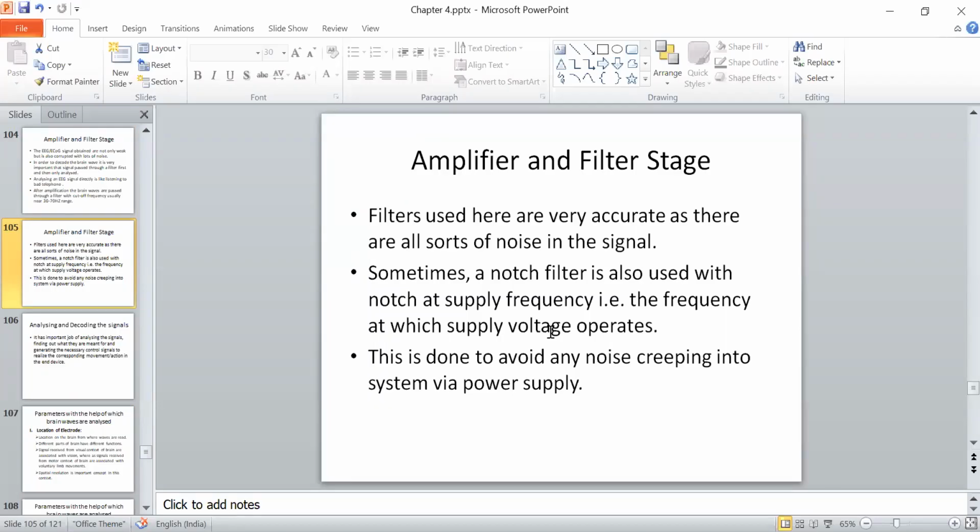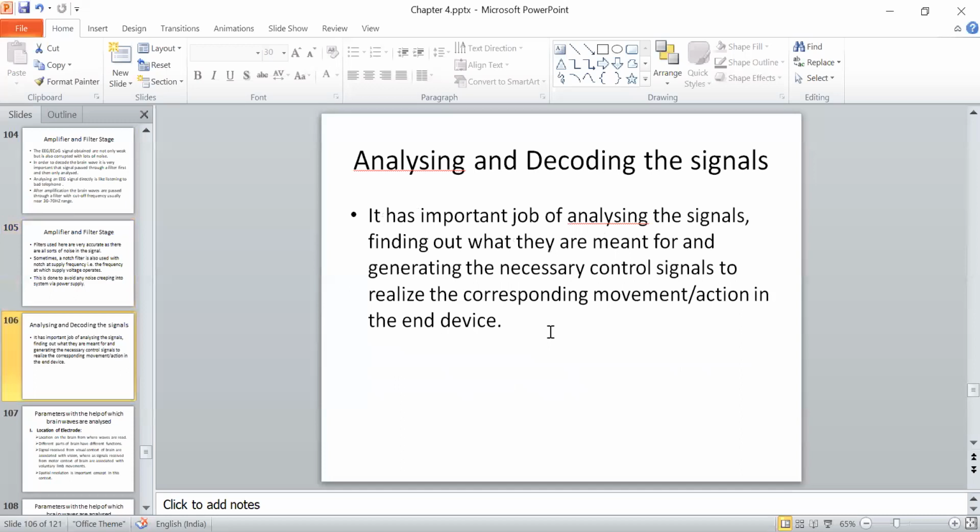तो ऐसा नहीं हो कि अगर आप इसकी पावर सप्लाई से ज़्यादा की फ्रिक्वेंसी पे आप करोगे तो हो सकता है, क्योंकि हर डिवाइस आपका पावर सप्लाई से कनेक्टेड होता है, पावर के थ्रू वो रन कर रहा है। तो ऐसा नहीं होना चाहिए कि ना केवल ब्रेन से जो सिग्नल आ रहा है उसमें ऑलरेडी नॉइज है और एक्सटर्नल नॉइज भी उसमें ऐड हो जाए। तो हम नहीं चाहते कि एक्सटर्नल नॉइज से वो ज़्यादा अफेक्ट हो, तो इसलिए हम इसे पावर सप्लाई वोल्टेज पे फिल्टर कर रहे होते हैं। ठीक है, now the last stage is the analyzing and decoding of the signal. So once you read the signal, then you amplify the signal. Now you have the actual processed signal.